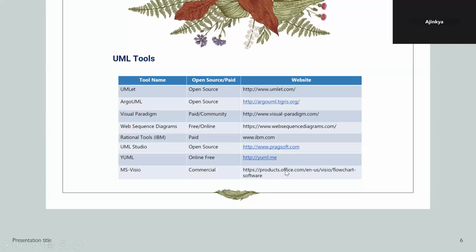Yes, we'll go through the use cases. The use case diagram is very useful for creating use cases.